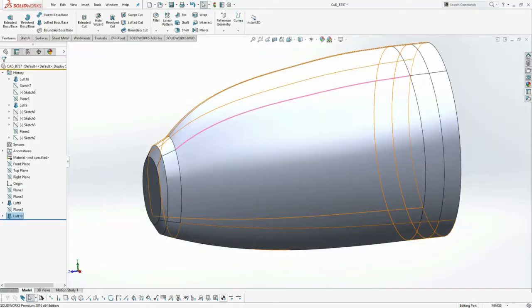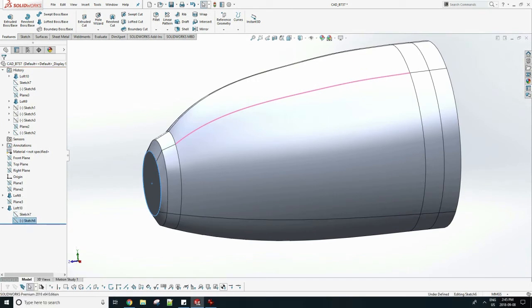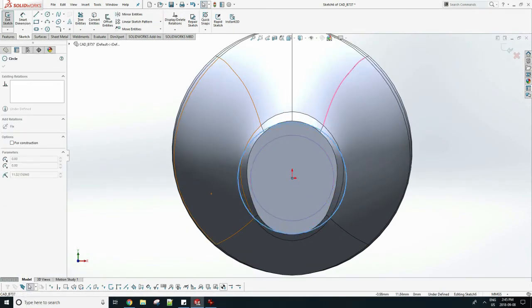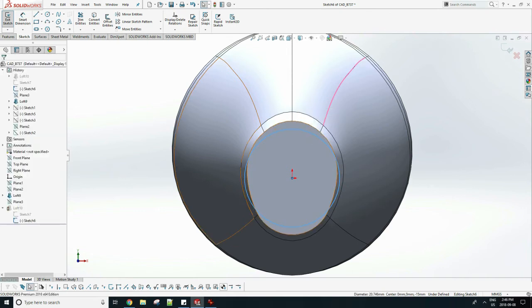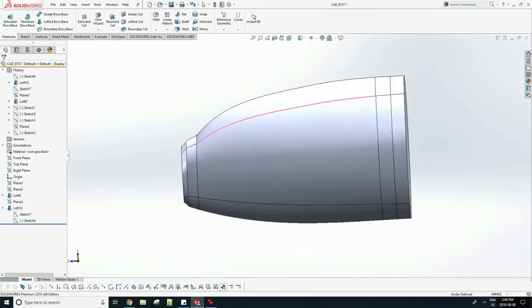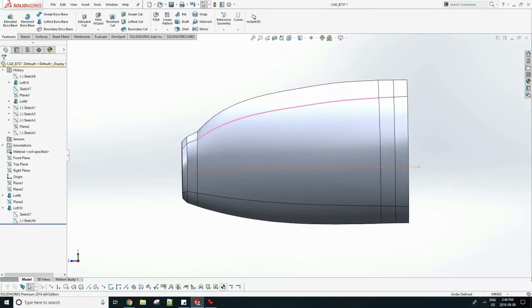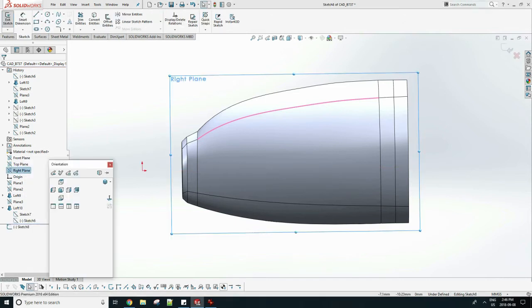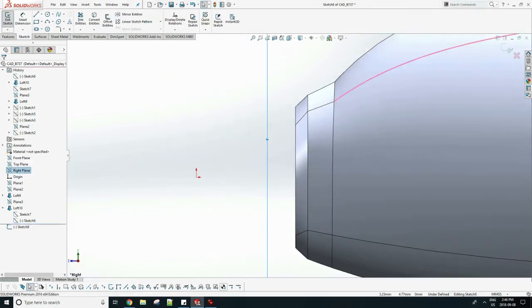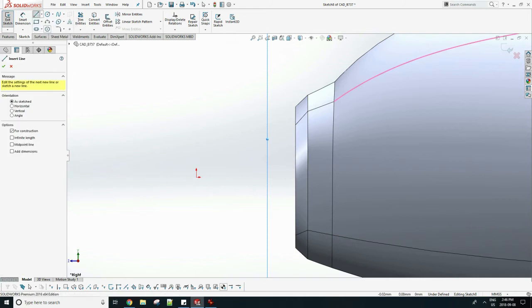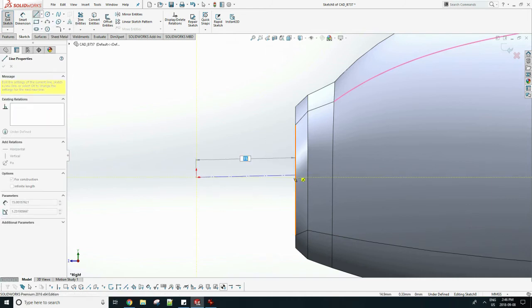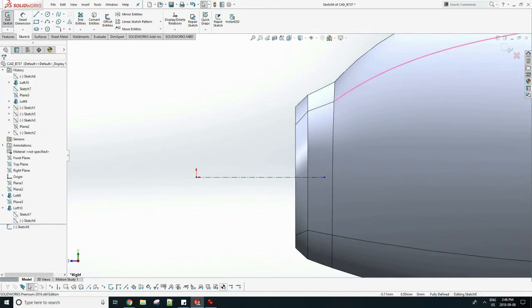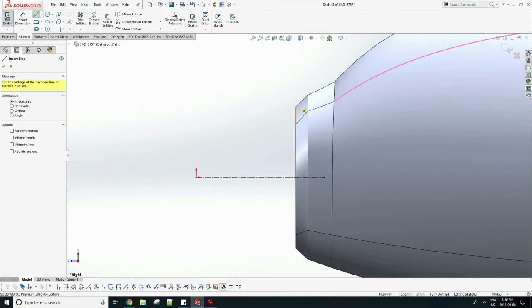So simply go into loft once again and click those 2 sketches and then your loft is done. So now we just need to finish up the nose cone. So let's do that. You can change the circle if you want to after. So now just create a line in the middle of that circle and let's do a revolve and finish off